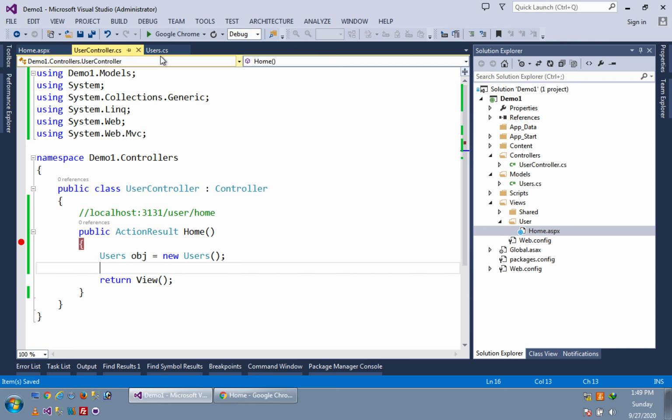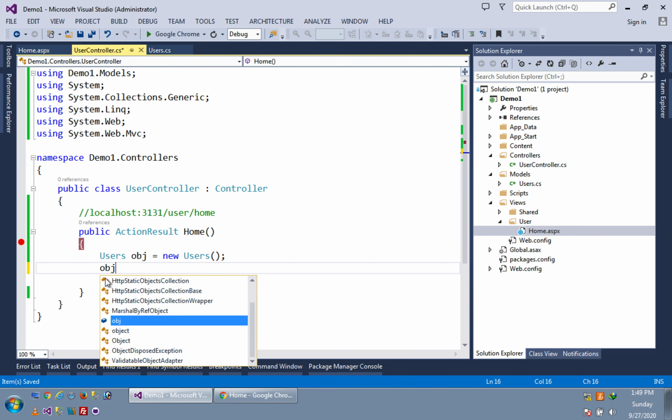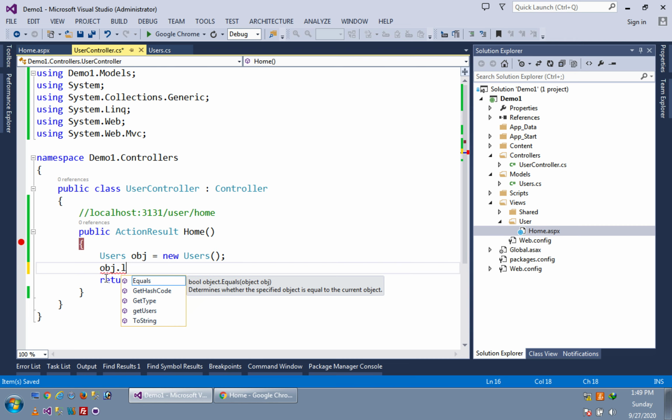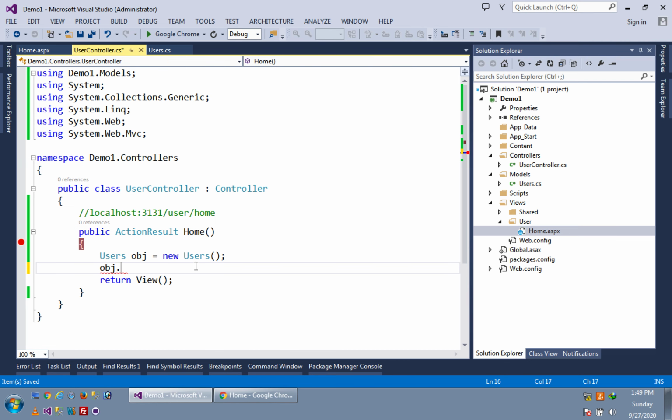Now what do we have to do? We have to call this method, because this list is private, right? So we cannot directly write obj.lst. No, it is not there, because lst is private here. So we have to call this method GetUsers. It is simply returning the lst. This is the data abstraction concept of OOP, object oriented programming.